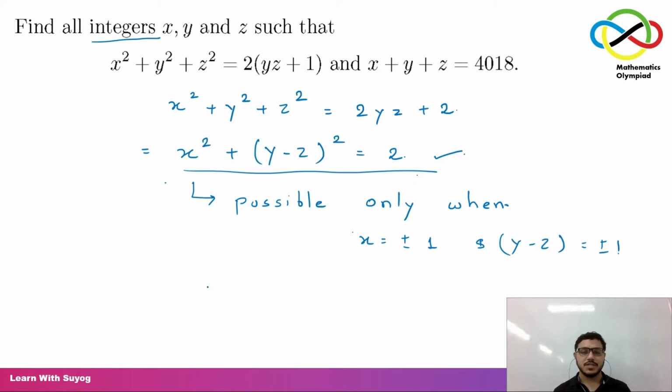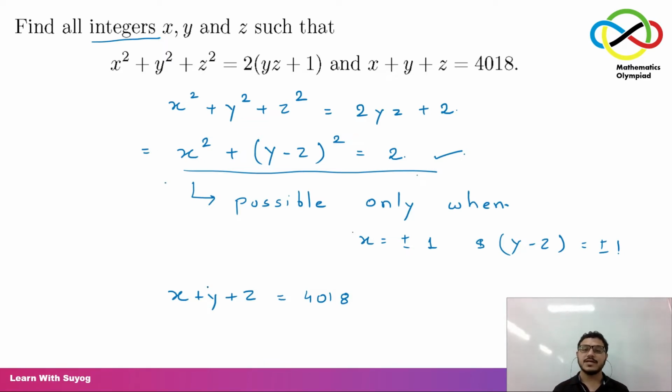And we are given another equation, x plus y plus z equals 4080, and we need to solve these for the values of x, y and z. We are not going to get a single set of values of x, y, z; we are going to get multiple sets. So we can make four cases.